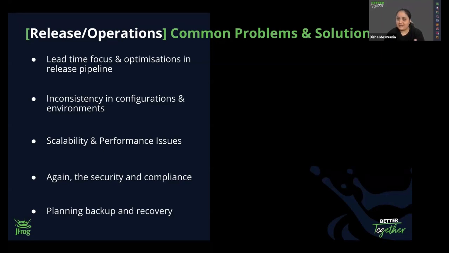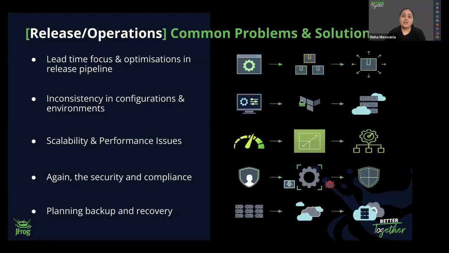And again, security and compliance, because this is something that we cannot miss for sure. Finally, planning backup and recovery. When it comes to a release team or an operations team that is maintaining a particular application, we want to ensure that there is always a backup plan or a plan in action to take in case something goes south, right? So over here also, we are going to talk about some siloed solutions that has been implemented based on